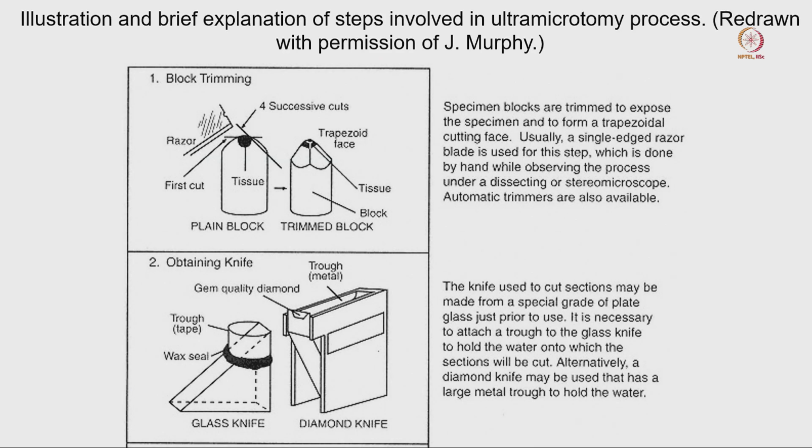Now this is basically the normal diagram of how we can make the sample ready. Here if you look at this particular block, we have a tissue sample here. This block is some kind of resin, a solidifying material fixing the tissue. So when this entire thing is fixed here, the tissue is somewhere here.